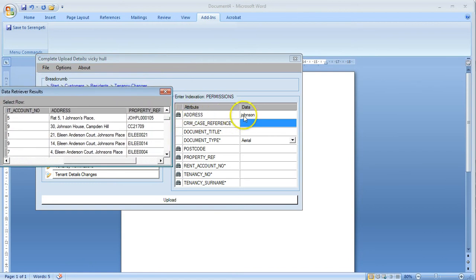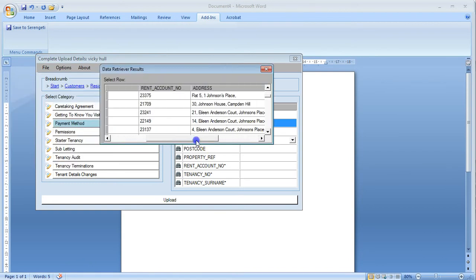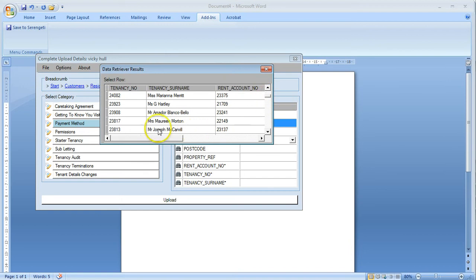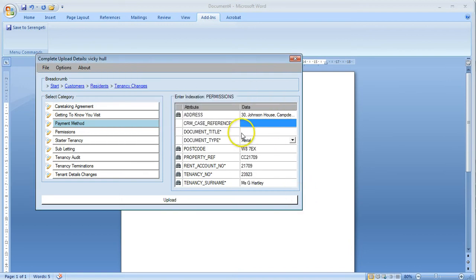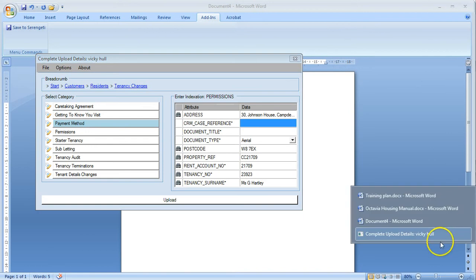And the reason it's looking at address is because that's where we type the word Johnson. So you find the tenant you're after. Let's say we want Miss G Hartley. Double click and it'll populate with all her details. Okay, so that's the first bells and whistles to show, the querying, and that is in the manual